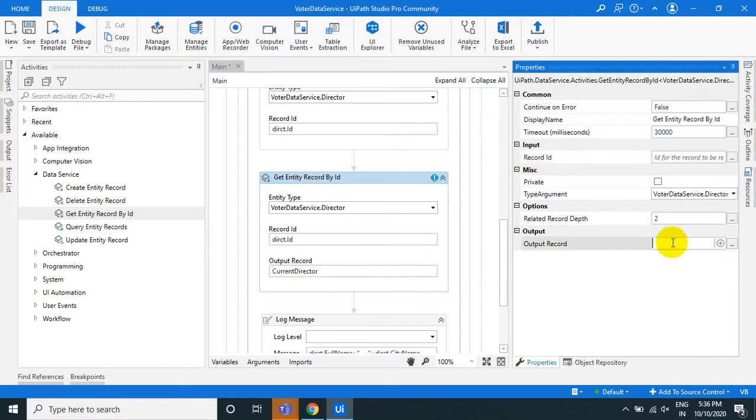Simply use the current director. This will give the entity. Director ID is the object, so director dot ID. If you pass the ID, it will return the entity object.